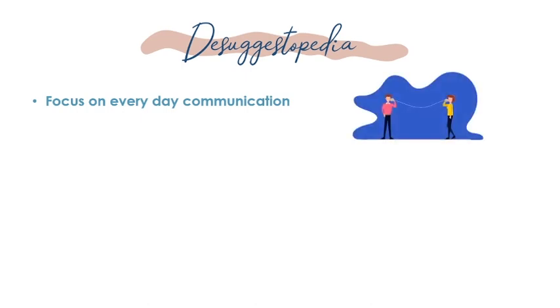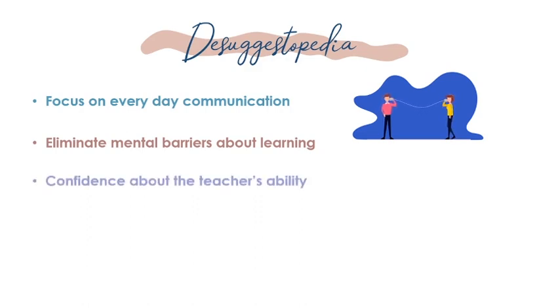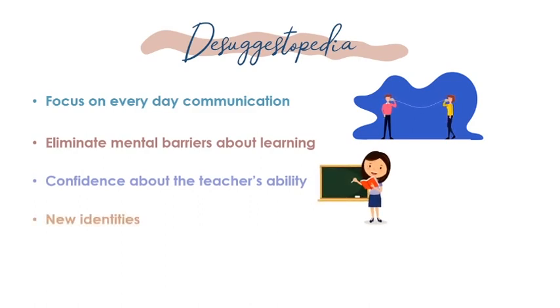Now we're going to talk about Desuggestopedia. This method focuses on everyday communication, meaning it doesn't focus on learning so much about the language as learning to use the language. A very important aspect of this method is that it focuses on eliminating mental barriers we have about learning. And for this purpose, teachers may use different tools like using different activities that help students be more